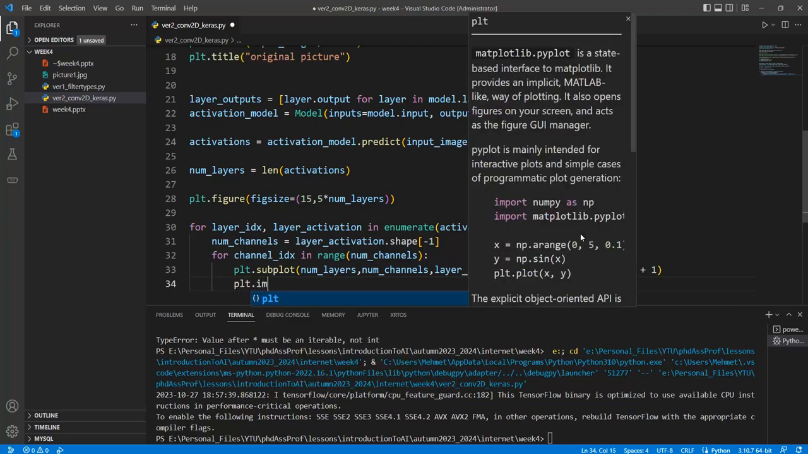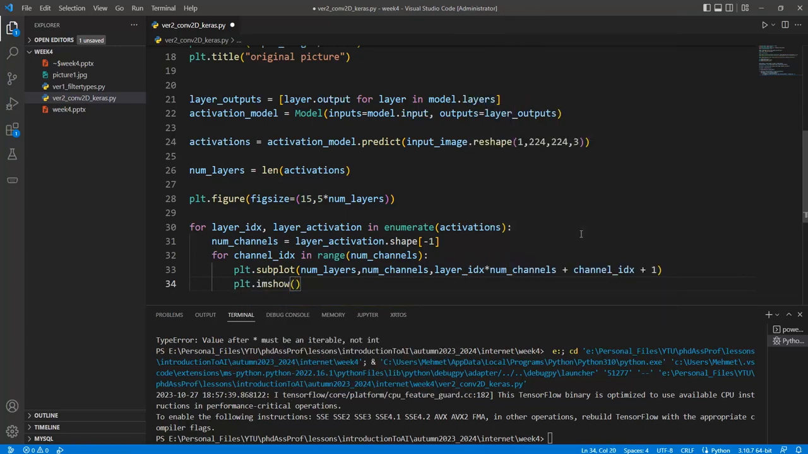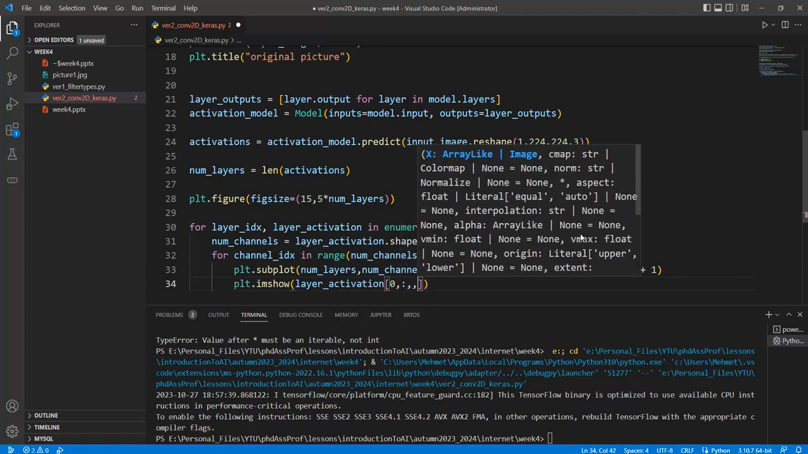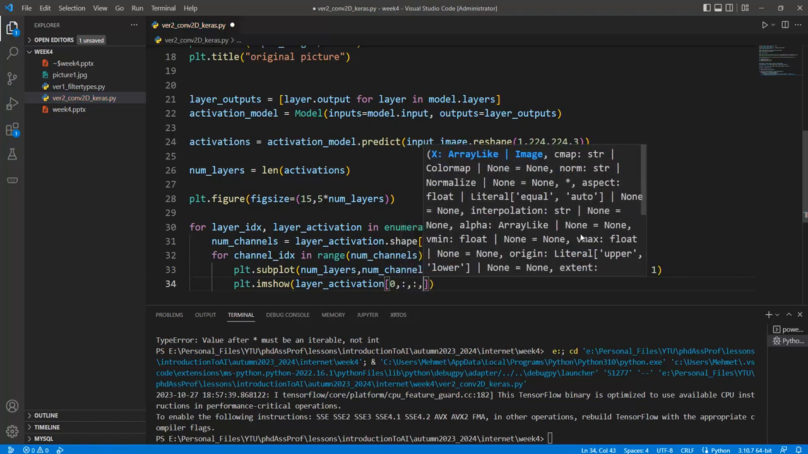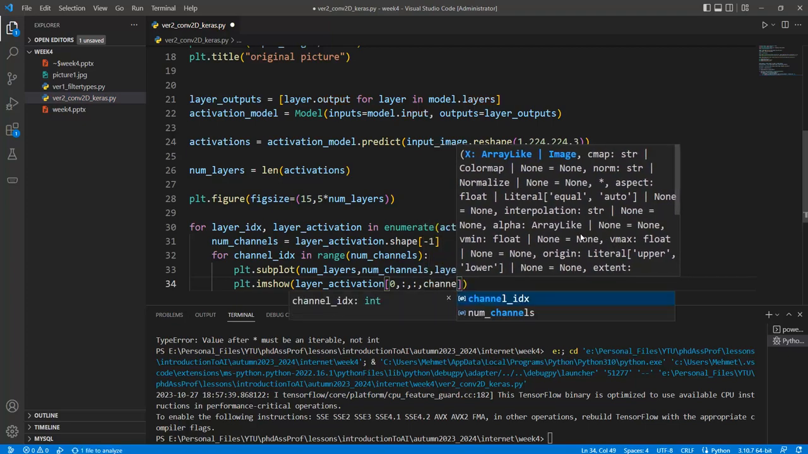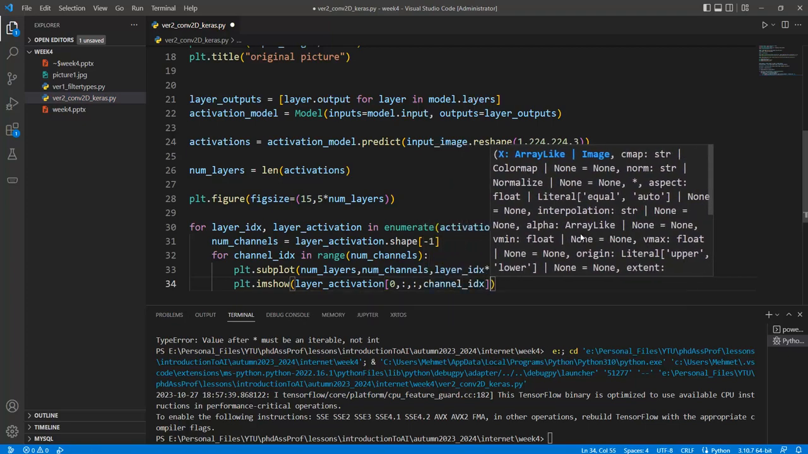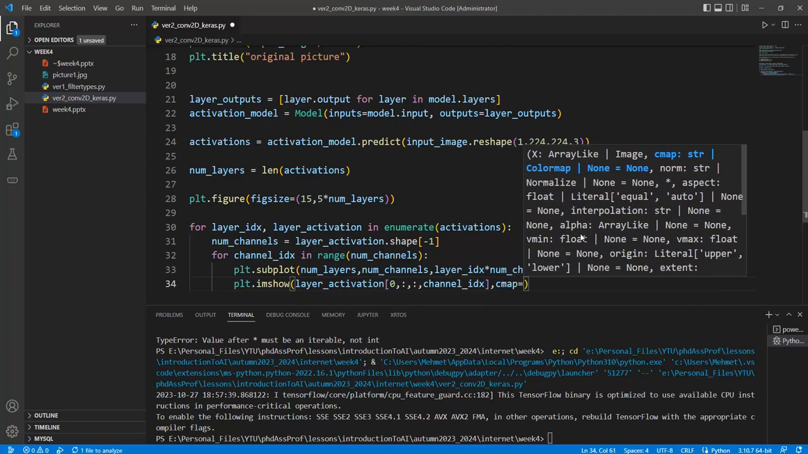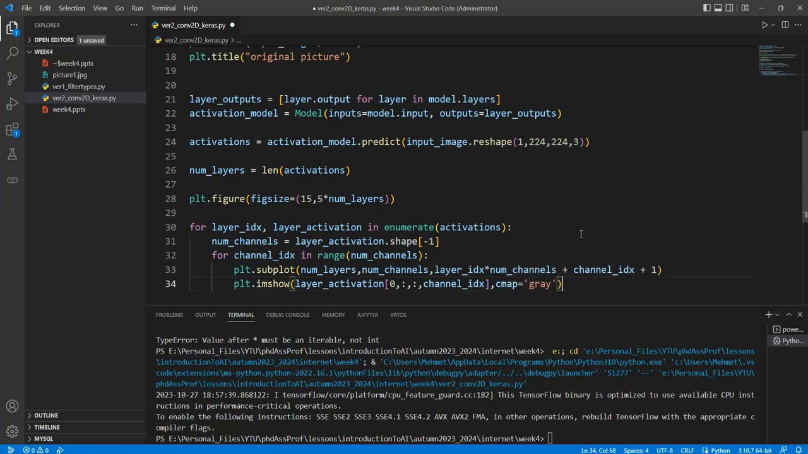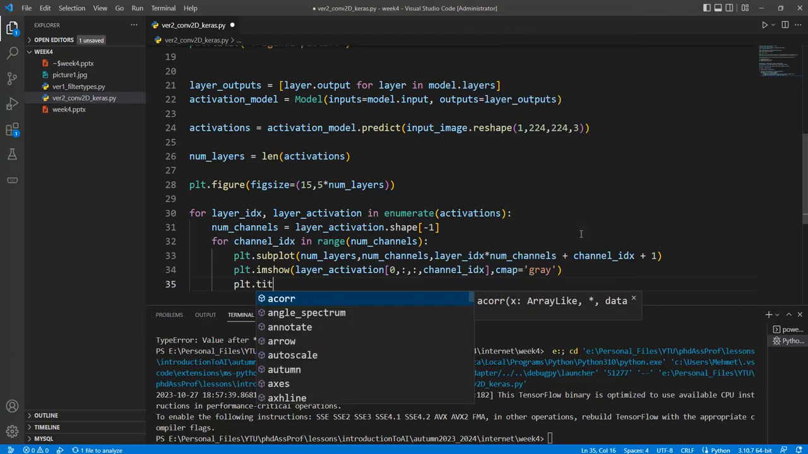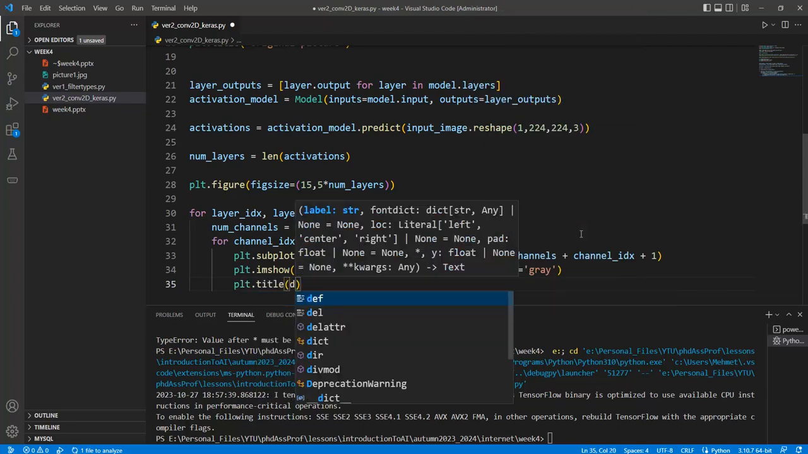And then plt.imshow can be written like this one. Layer activation can be called with what? The 0 element, and the whole feature of the height and width, and also we give the channel_idx, and the cmap should be assigned to grayscale. Okay, and after that plt.title